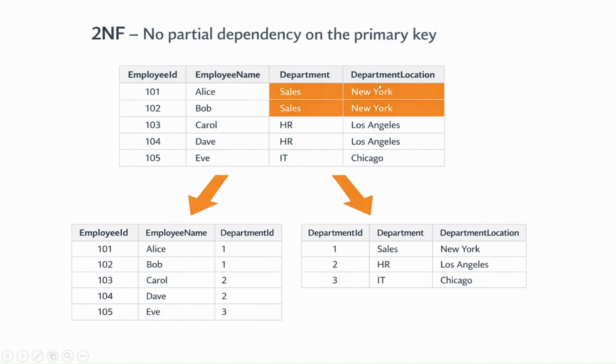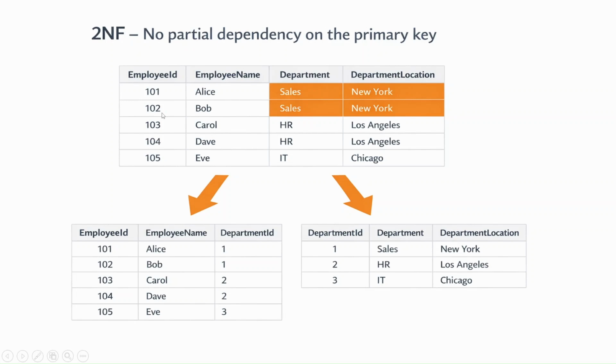These locations are not standalone, because there is no standalone value for this location, we need it to indicate that this particular sales department is located in New York. And this department column ultimately depends on the